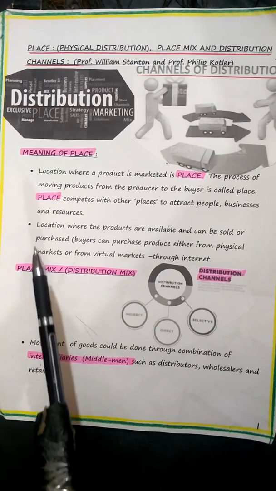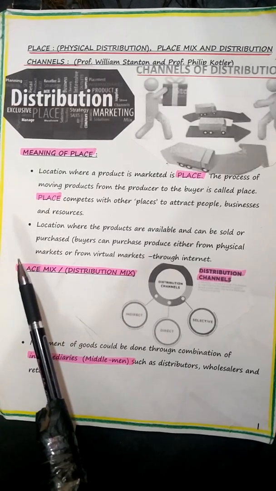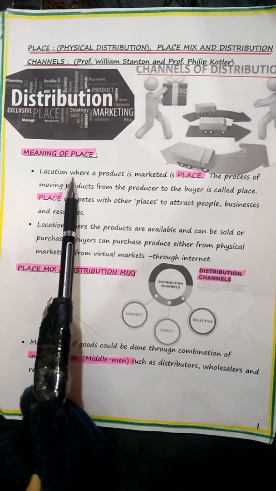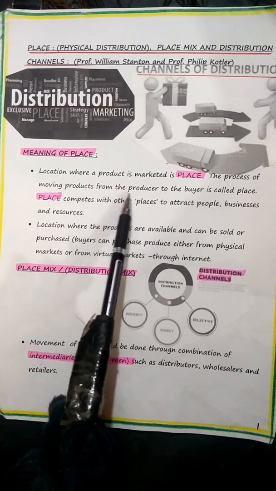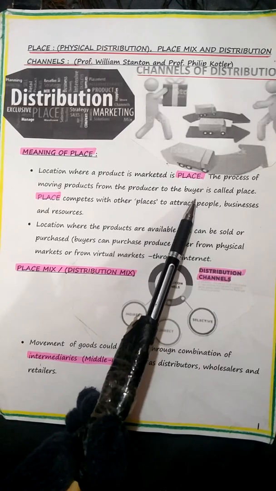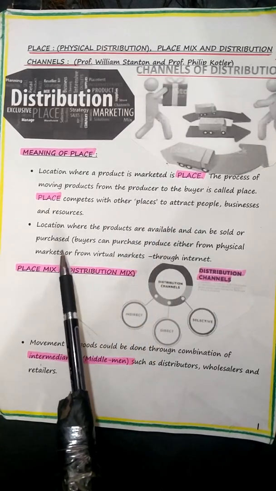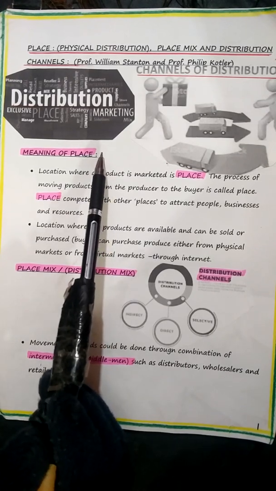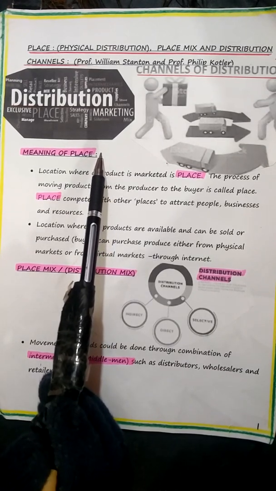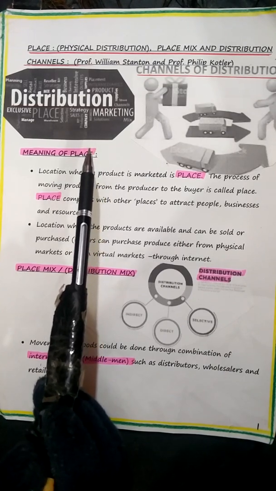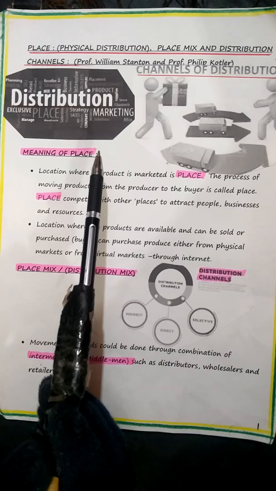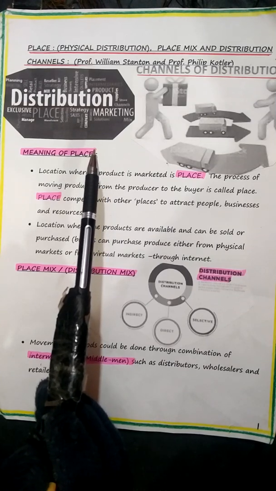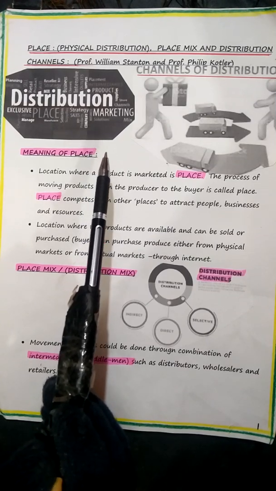Now, I think you have understood the meaning of the word place. Place is not just a location, it is the process as well, moving the products from the producer to the buyer. So, very important, children. Please make a note of it. I told you already, when I gave the introduction, that place gives an identity in terms of culture, way of life, and environment. So it's very important for us to know place is not just the address where your shop is located, but it's much more.